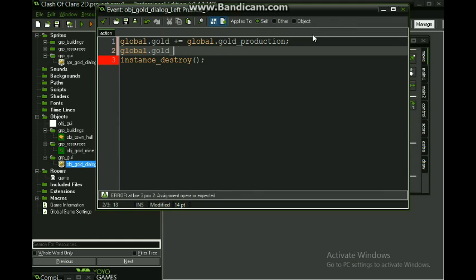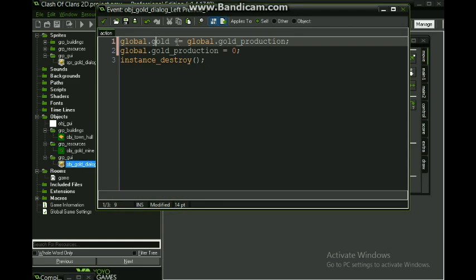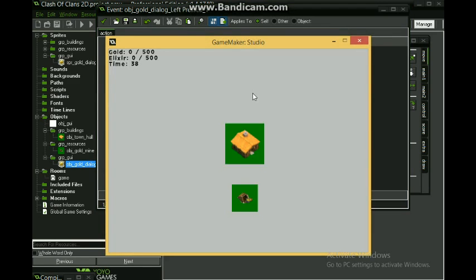So we should add here global.gold_production, and we will set it to 0. Global.gold plus equals global.production. Let's test it. I hope it works this time.